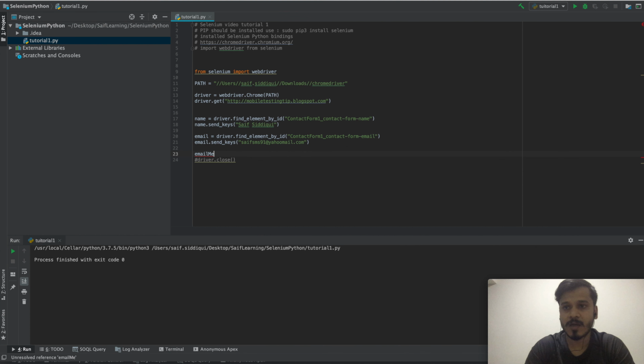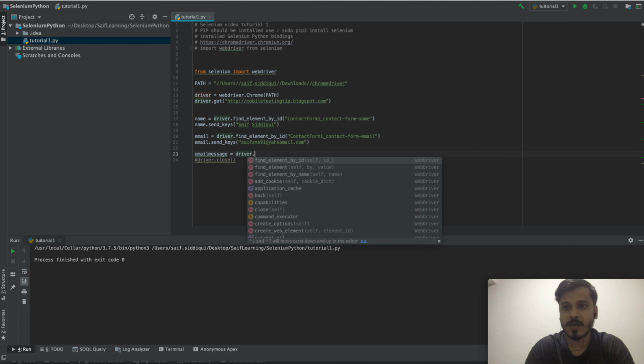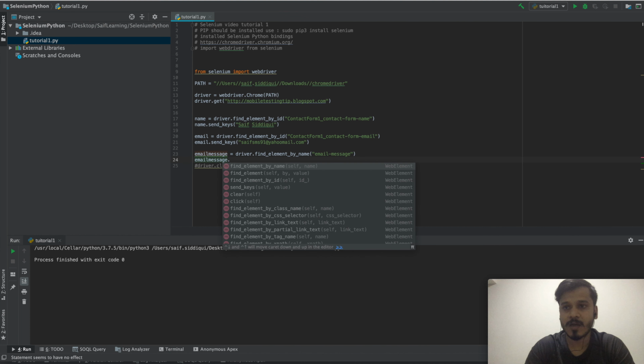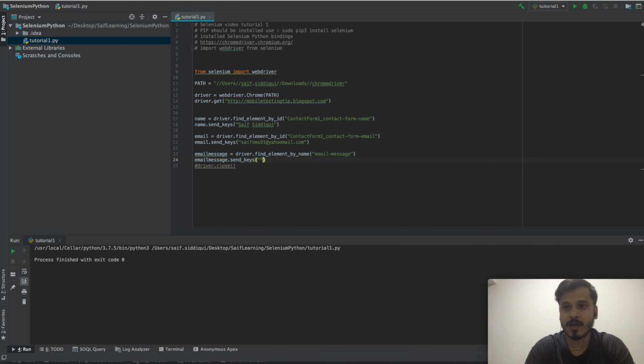Maybe I can just use it as email message equal to driver dot find element by name, and that name will be email message. In this variable email message I will write some message. I will write using send keys and I will write this is a test message.